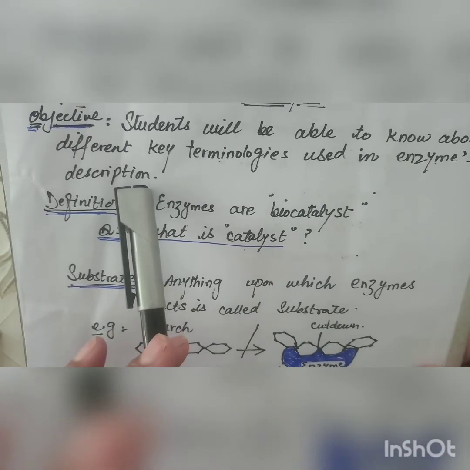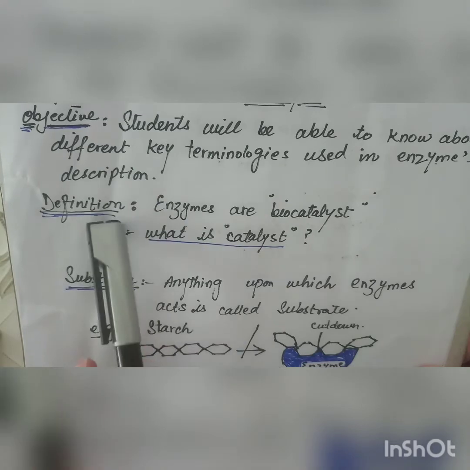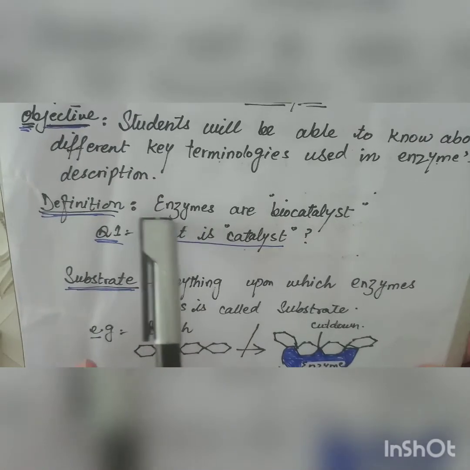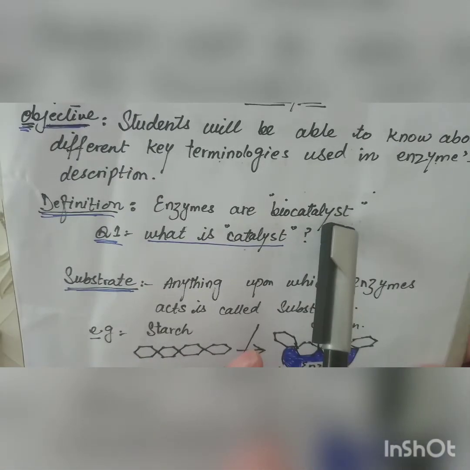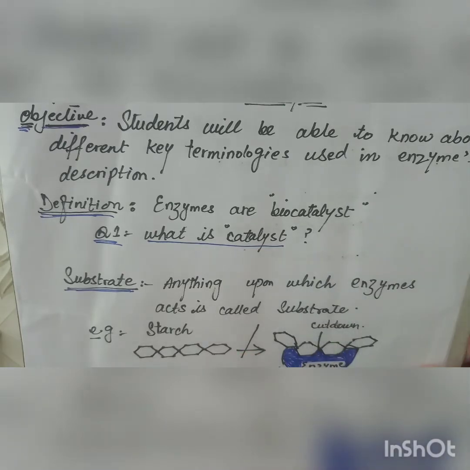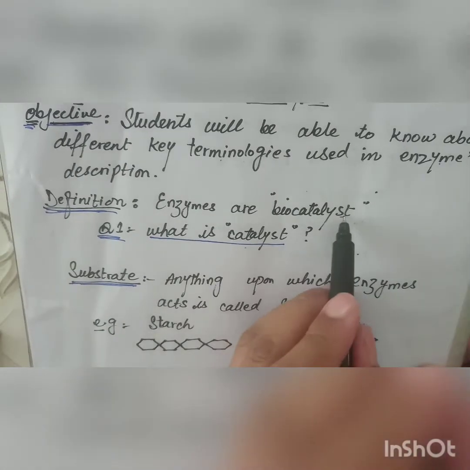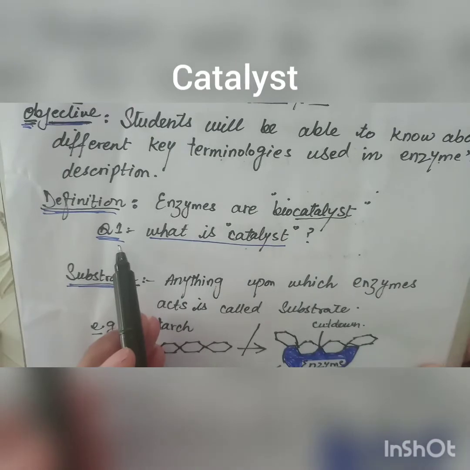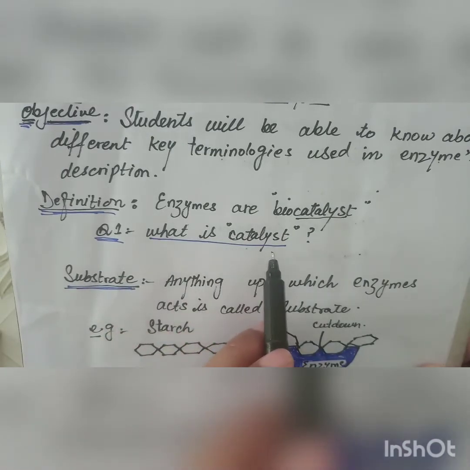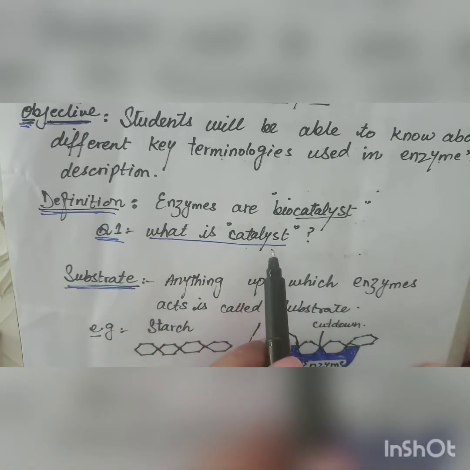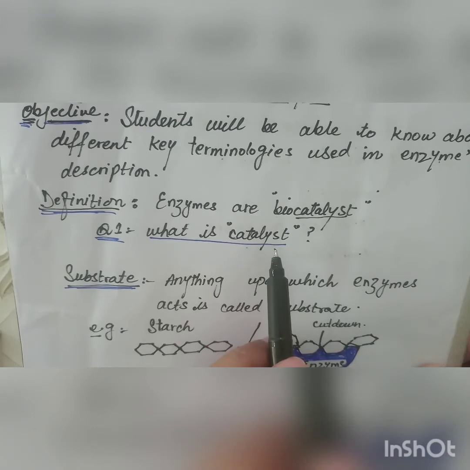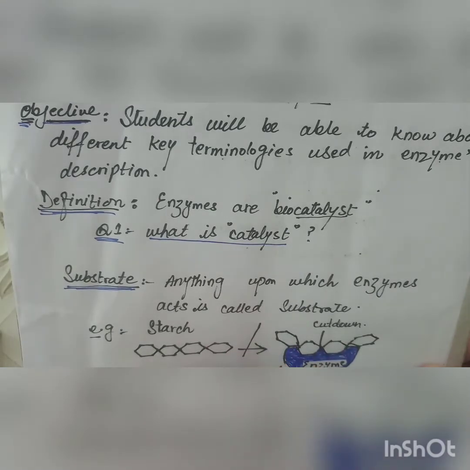So first of all, if we are defining enzymes, the definition of enzymes is: enzymes are biocatalysts. So first you have to know about the term catalyst. Question number 1, what is a catalyst? A catalyst is anything which speeds up chemical reactions, or which helps the reaction to be done